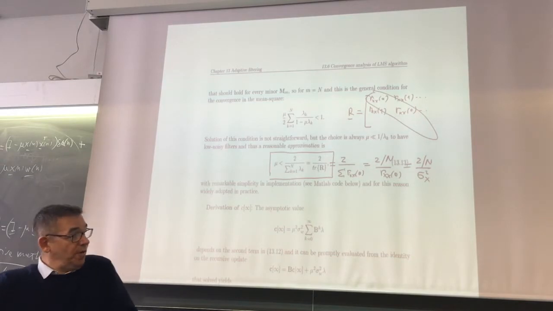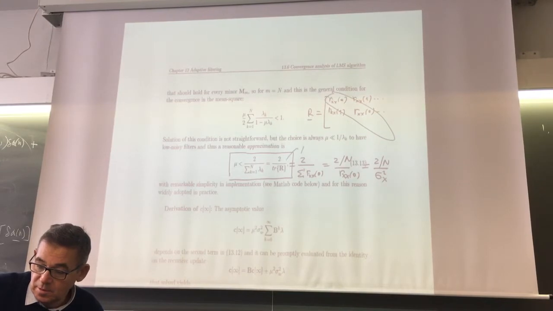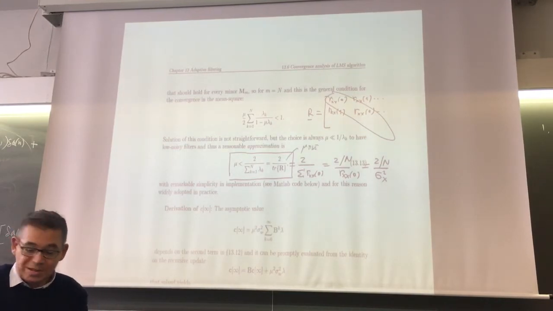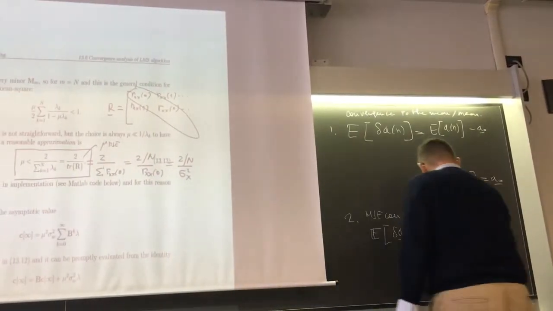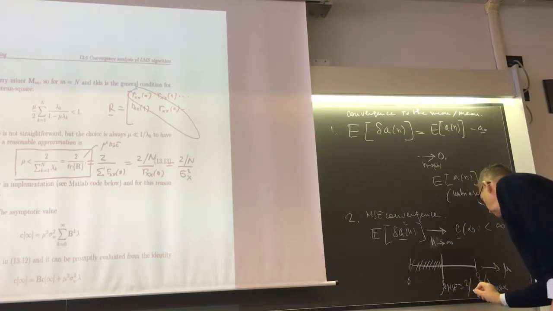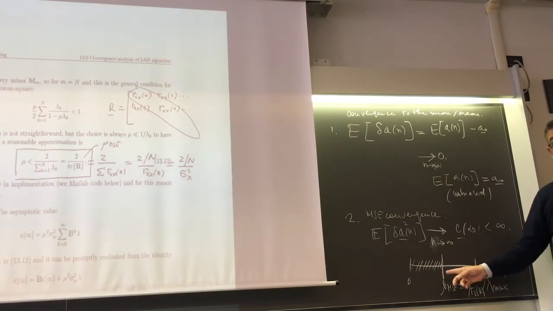So we found what is mu for the mean square error, which is this one. This is the mu to use for an adaptive system. It is 2 over the trace of R. So don't use this, use that. If you use this one, you make a mistake. Never use that. If you use this and you come to me and say, oh, it's not converging, I tell you, of course it's not converging. That is the condition for converging in the mean, but not in the mean square.